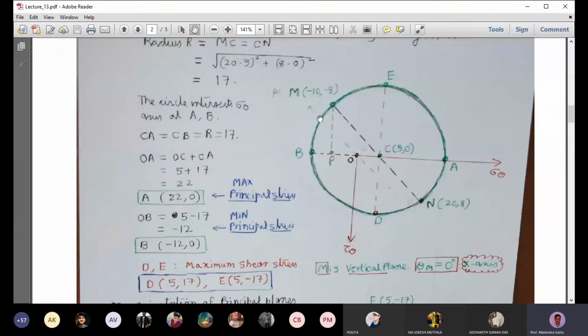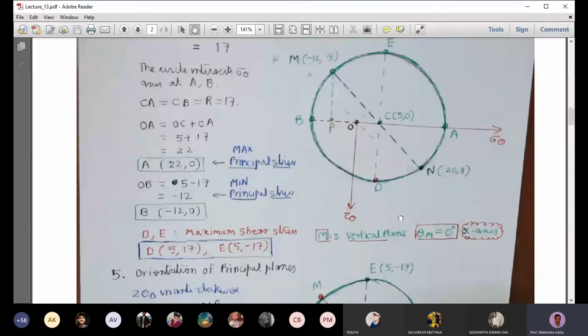same direction. So if you rotate here from A to M to B in the anti-clockwise direction, the plane also will rotate in the anti-clockwise direction, but only half the amount subtended here. So if it rotates by 2 theta b here, then the plane will rotate by theta b. So we can calculate the orientations of the planes B and A.